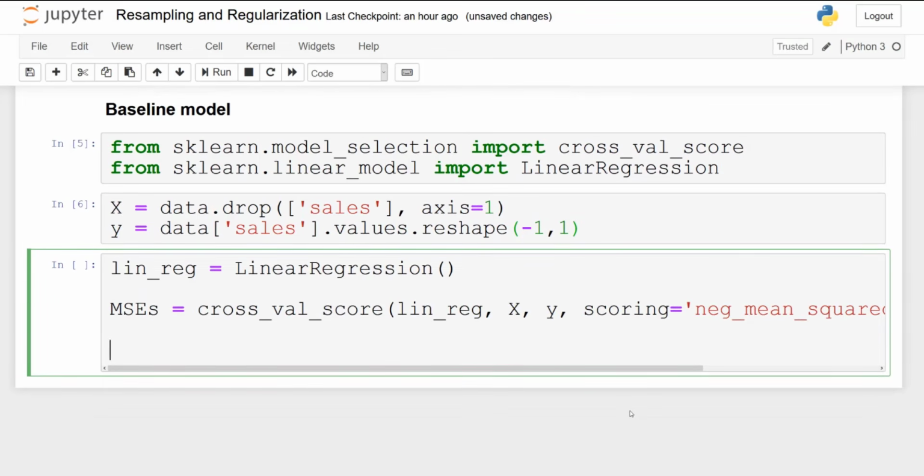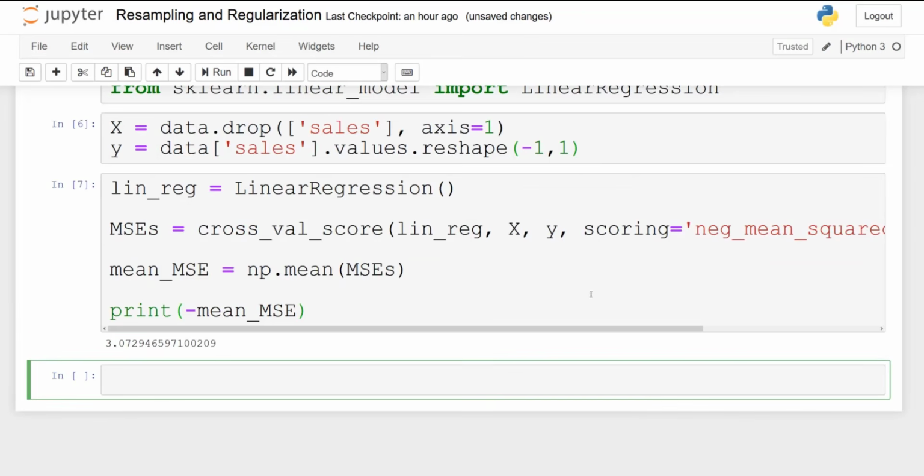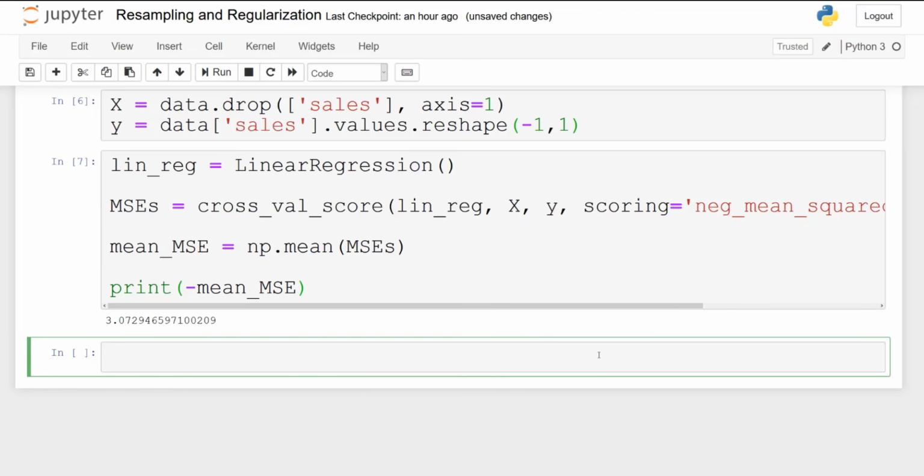This will give us 5 different mean squared errors. Then to get the mean, we simply do np.mean of those MSEs. And now we will report the average mean squared error, bring it back to being positive because remember they were negative. And so we get 3.073 approximately.